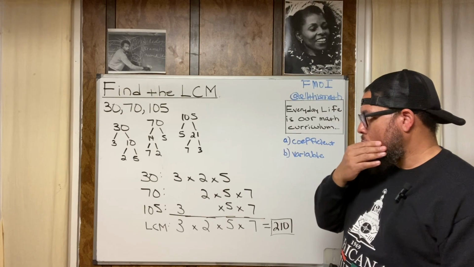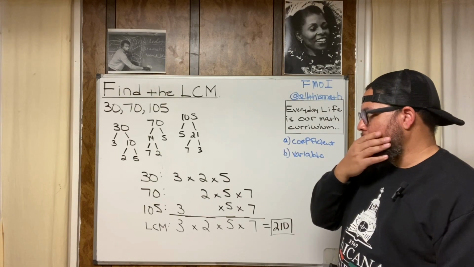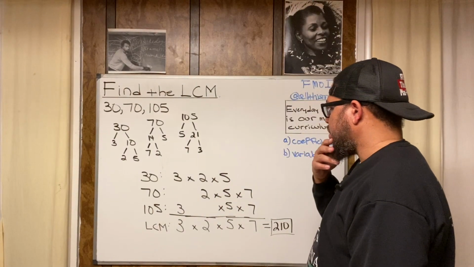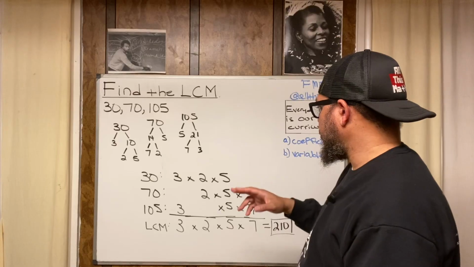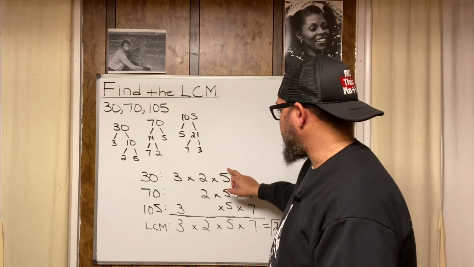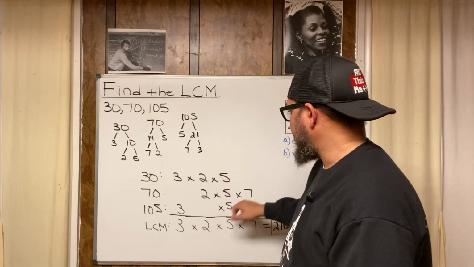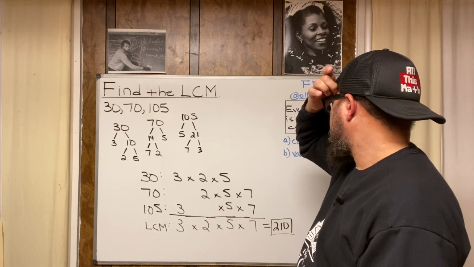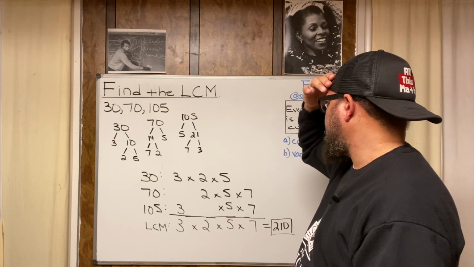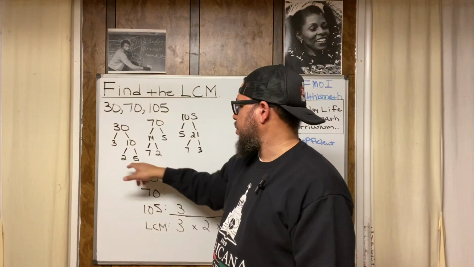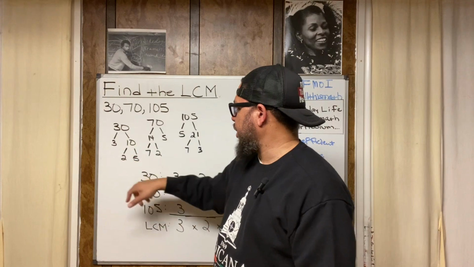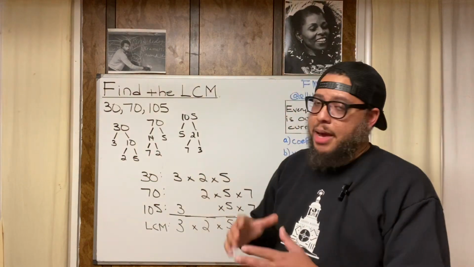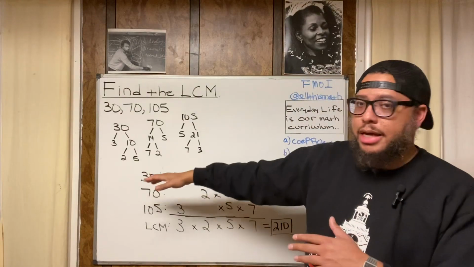I think it's coming back to me now. So I think what you got to do is this. 3 times 2 times 5, 2 times 5 times 7, 3 times 5 times 7. So what happens is you take each prime factor and you say, okay, 30 has a 3, 70 doesn't have any 3s, 105 has one 3. So you say, okay, the maximum amount of 3s that you see, because you do this too,